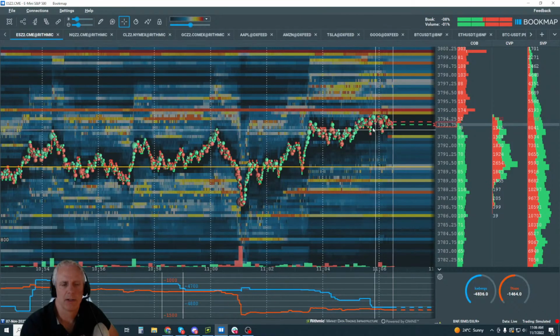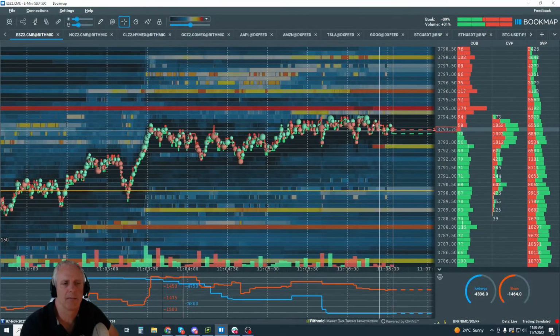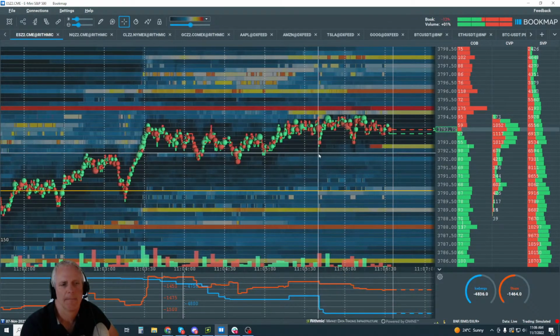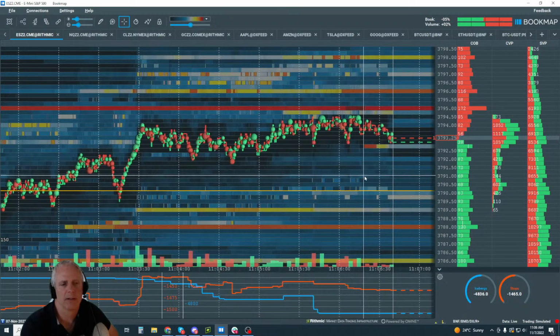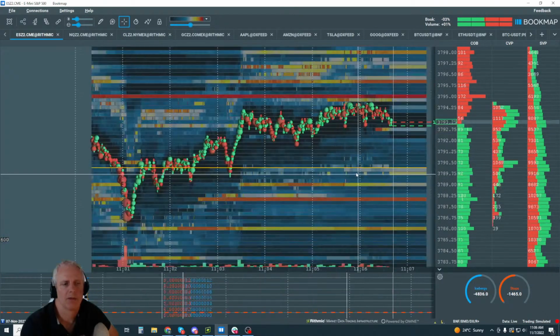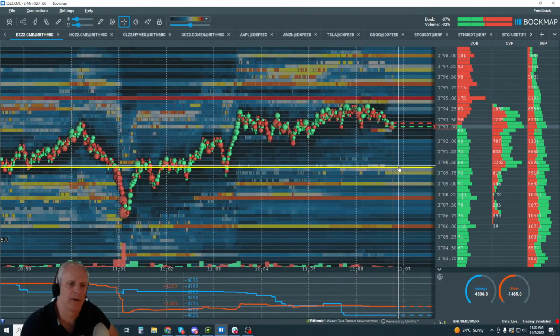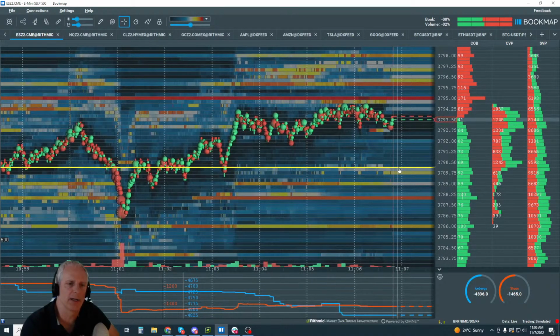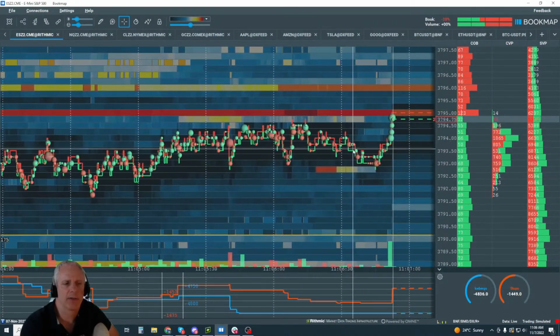Okay, look, sellers are kind of interested, right? They put that in here, and what does price do? Sellers are interested in it. So what does that tell us? Well, we might get sellers and they'll drive it right back down to this 90 area here. Okay, this is not as high probability.